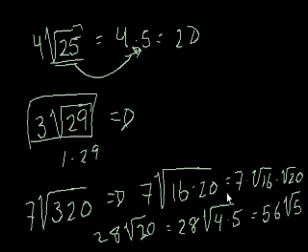Hope that made sense to you. And this is actually a pretty important technique I just did here. Immediately when I look at 320, I don't know what the largest number is that goes into 320. It actually turns out that it's 64. But just looking at the number, I said, well, I know that 4 goes into it, so I could have just pulled out 4 and then said, oh, that's equal to 4 times 80, and then I would have had to work with 80. In this case, I saw 32, and I was like, oh, it looks like 16 goes